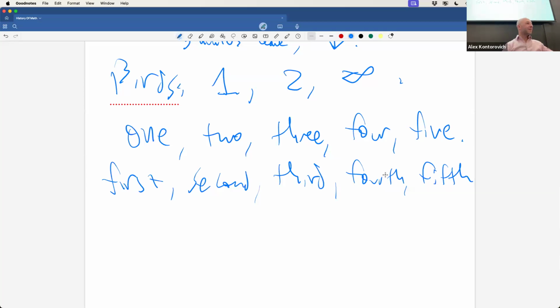Give me another language. Who speaks another language? Tell me how do you say one? How do you say these? Say 1 first, 2 second, 3 third, and so on in German. We got another language? Arabic? 1 is Wahid, 2 is different. Give me 1 and then first. But in Arabic, second is a different category and first is a different category.